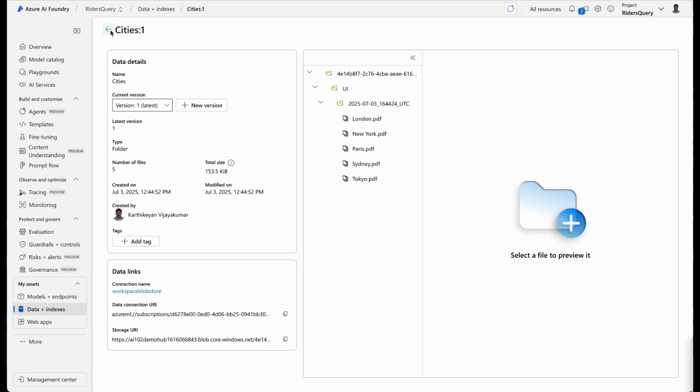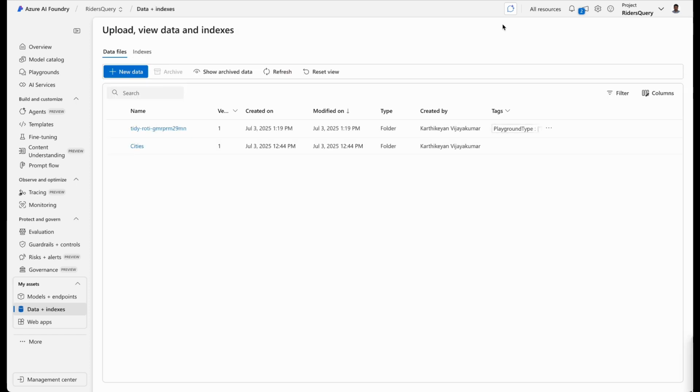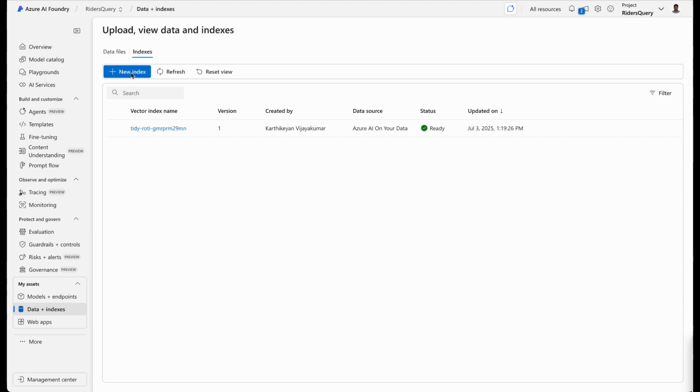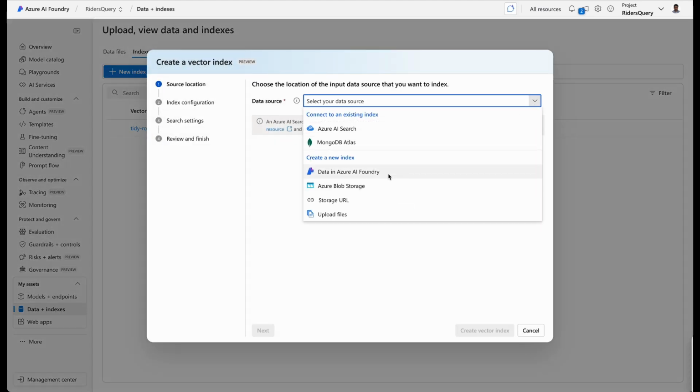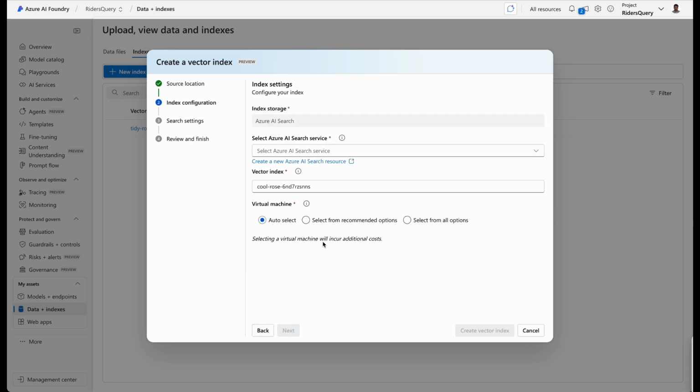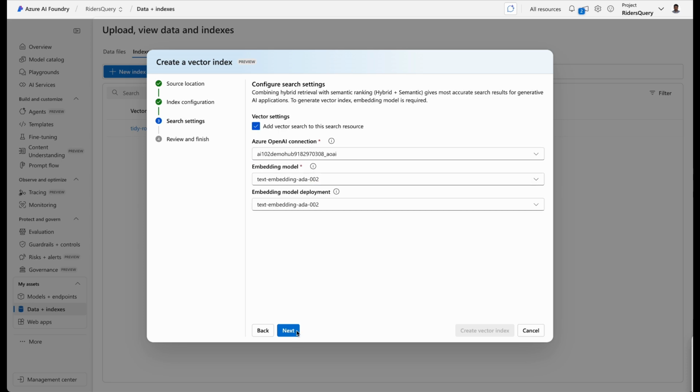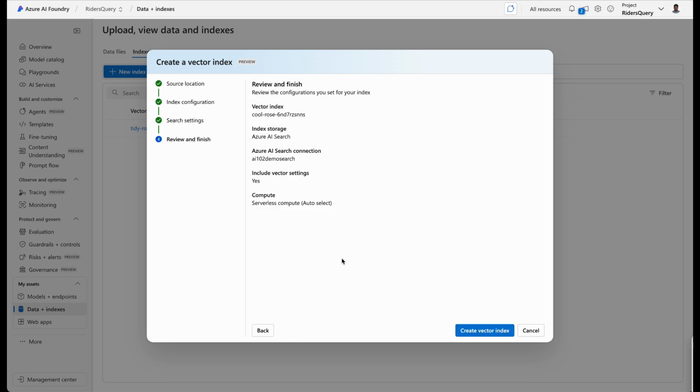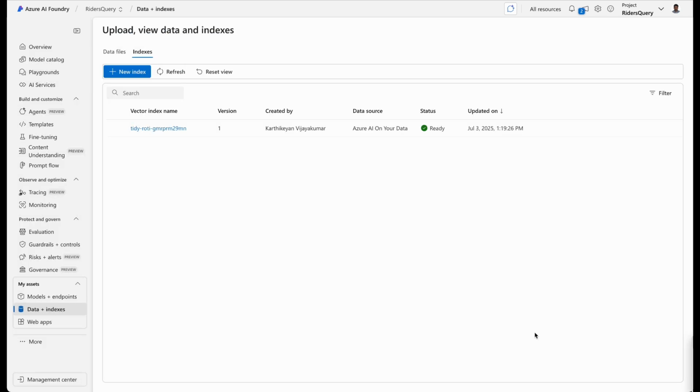Then you need to go to the indexes, click on new index, and choose data in AI Foundry. Then it will show you all the files that you have. Click on the folder or file that you created. In my case, it's a folder because I have more than one file, but if you have only a single file, it will be a file. Whatever it is, just choose that. Next, choose your search application, and you can leave it as it is, or you can give it a name that you want. The rest of the things you can just keep as they are. Just click on create index. It is going to create a job